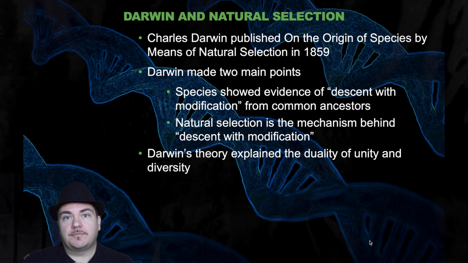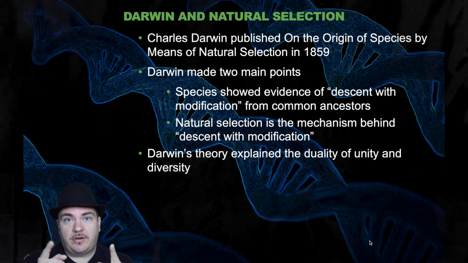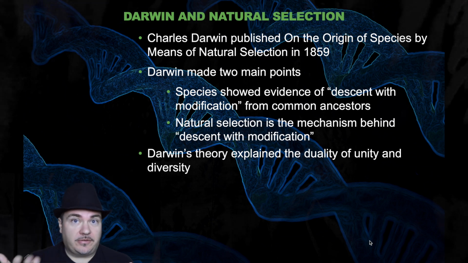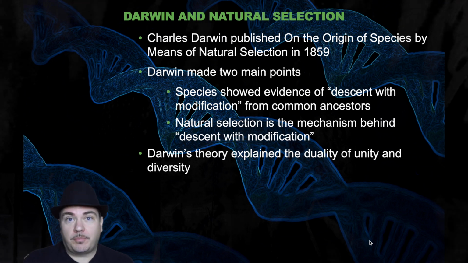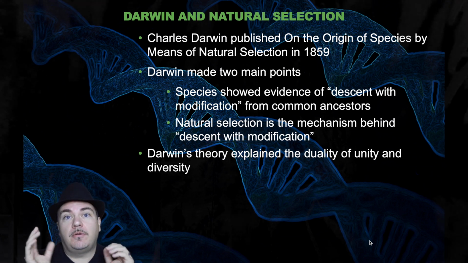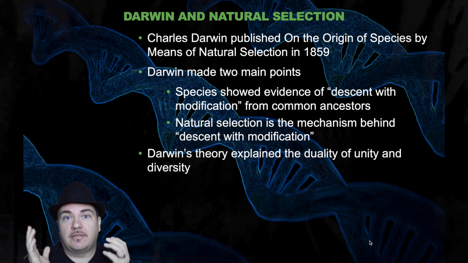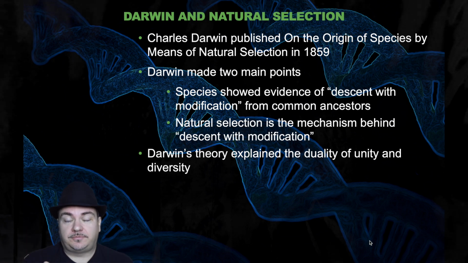Okay, what does that mean? If we look around this planet, we see there's a lot of diversity. And that's what most people notice, is the diversity. Like, you can see very obviously that you are not the same as a mouse. A mouse is not the same as a fly is not the same as a worm is not the same as a bird. People very easily see the diversity, the differences.